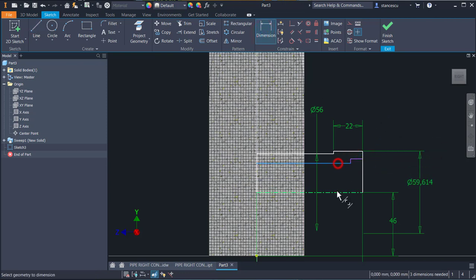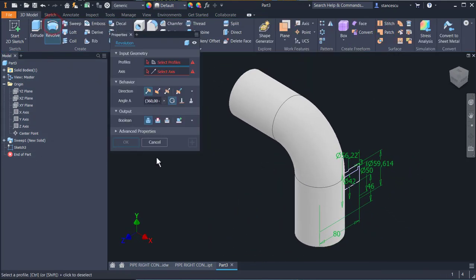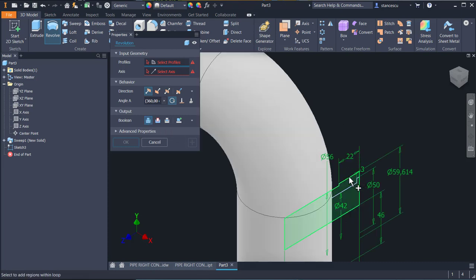So internal is 42, and 3. Finish sketch. Revolve, join, this external contour